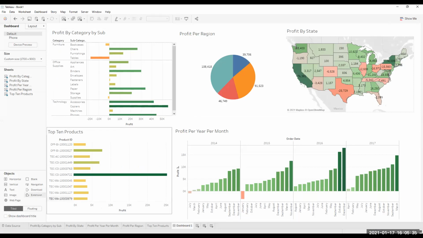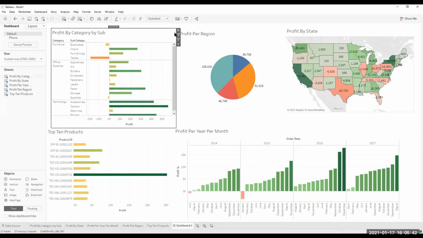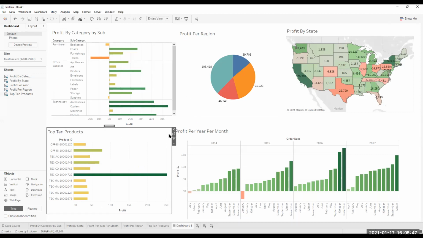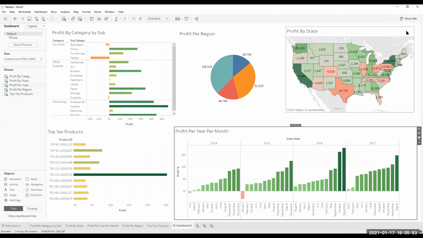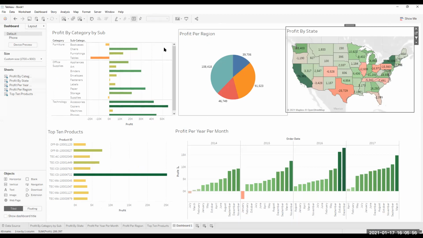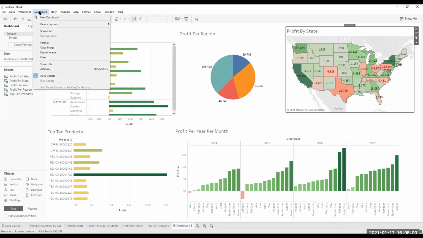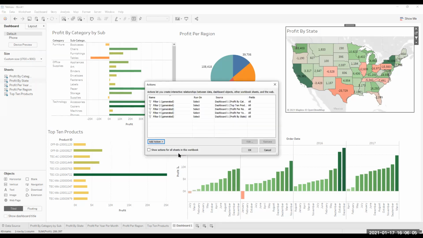So let's do a filter. Let's use a filter. For example, let's do this. So hovering, let's go here, dashboard, then you create an action. So once we create an action, we can say,